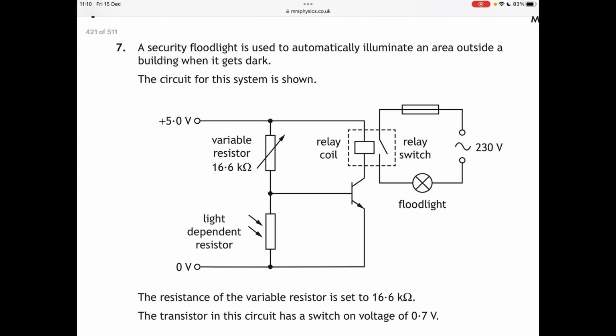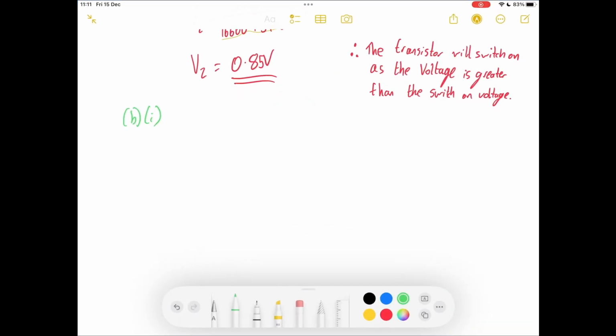Now the reason why we've got the relay switch there, well, it's actually quite obvious. You can see on the left-hand side, this circuit with all the stuff in it, the resistor, the light-dependent resistor, that operates at 5 volts. The floodlight, however, doesn't. The floodlight operates at 230 volts from an AC power supply, usually the mains voltage. UK mains voltage is 230 volts AC. So the answer for this one would just be